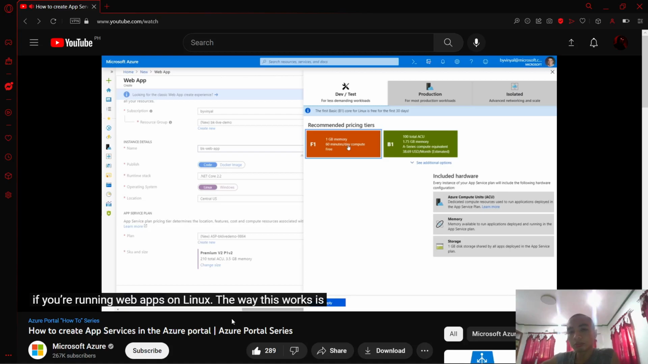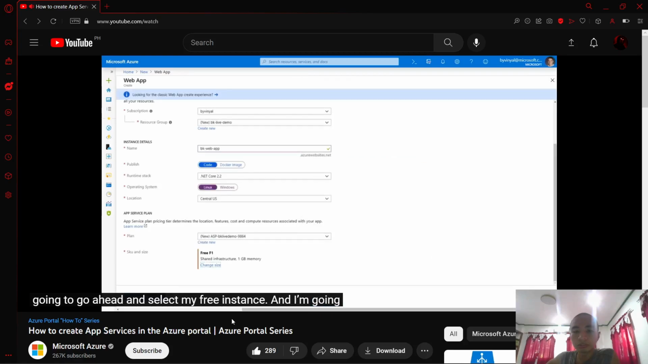The way this works is you're going to be hosted on a shared environment. There's limits on the amount of memory that you can consume, the amount of bandwidth, and the amount of CPU, but it's a perfect environment for you to do like your testing out the waters, figuring out how this works, how is Linux different than Windows for hosting apps, all of that stuff. So I'm going to go ahead and select my free instance, and I'm going to jump over to the next